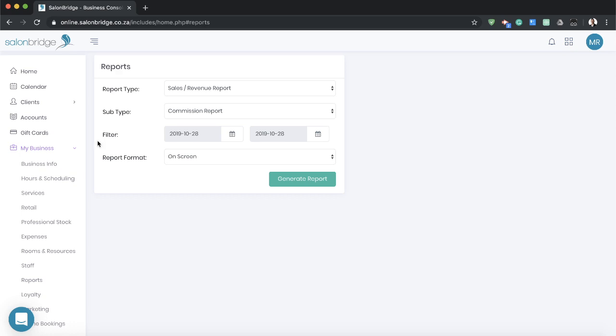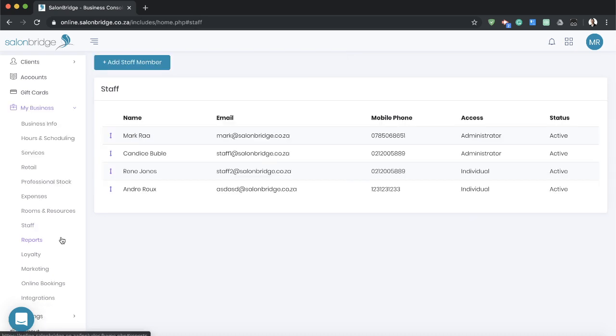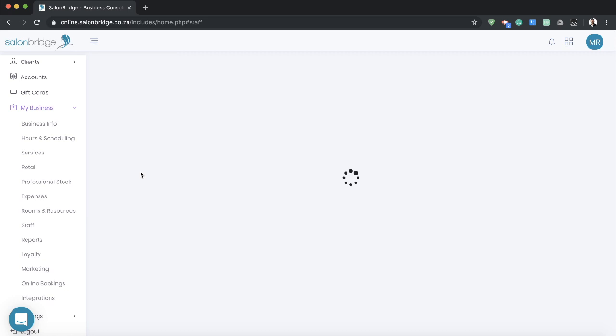The staff section, which I didn't jump over, but I wanted to segue into that from the reporting section, is where you can configure your staff members, load up additional staff members if you're bringing on a new person, or you can also configure the commission structure for each staff member. If, for example, I clicked on this staff member over here,